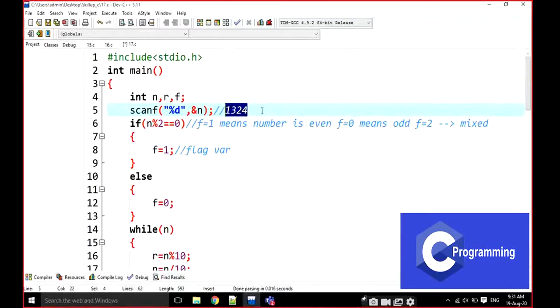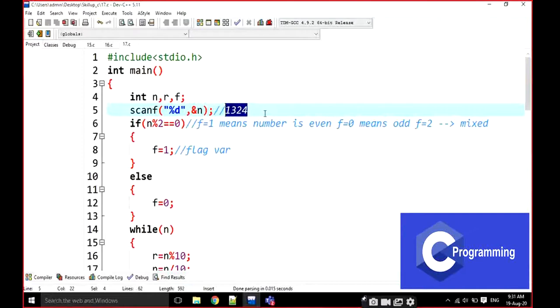Look at everyone. If you are not understanding the previous explanation, just look again. I am going to explain through a number here. For example, I am going to take 1324 as the number.